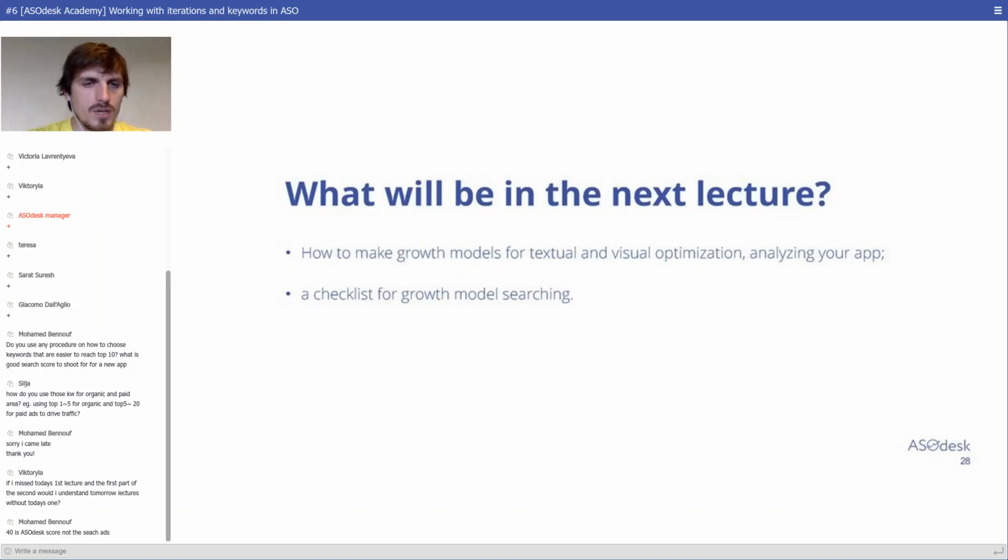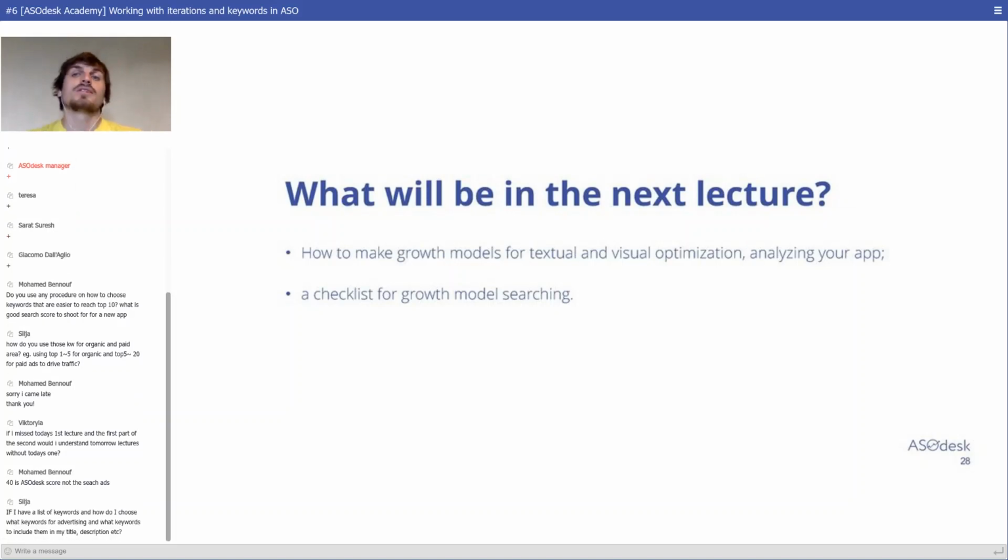Mohammed Benouf, 40 is the ASOdesk score, not the search ads. Of course, you are right, but the thing is that, Mohammed, don't be afraid of using the calculation of the ASO tools and the ASOdesk tool as well, because basically ASO tools are showing us